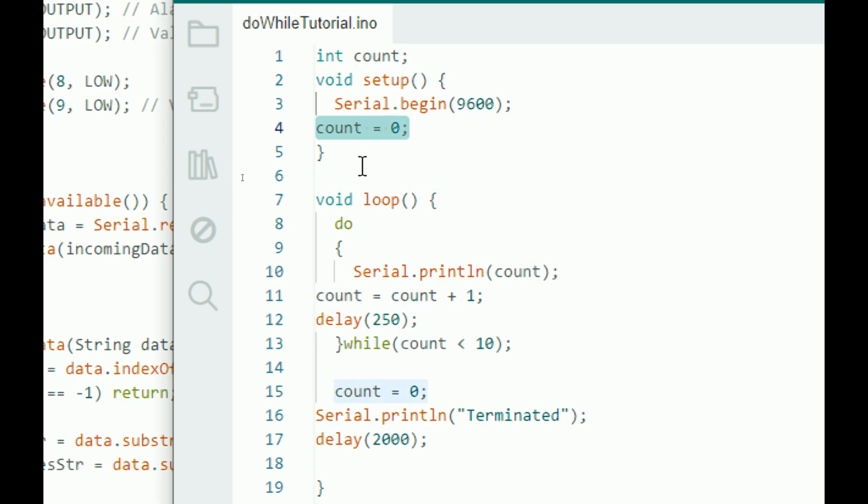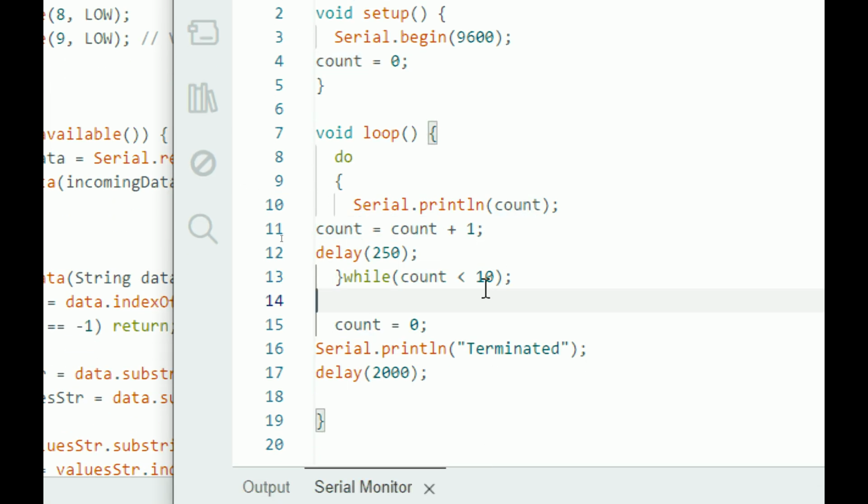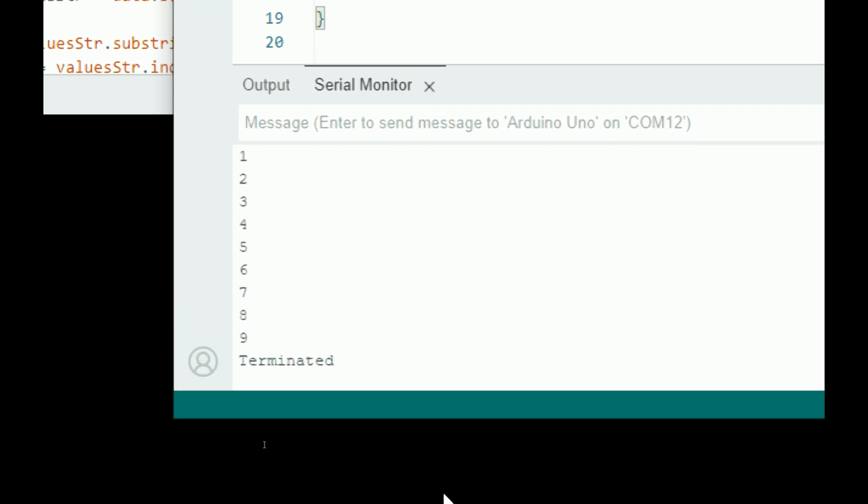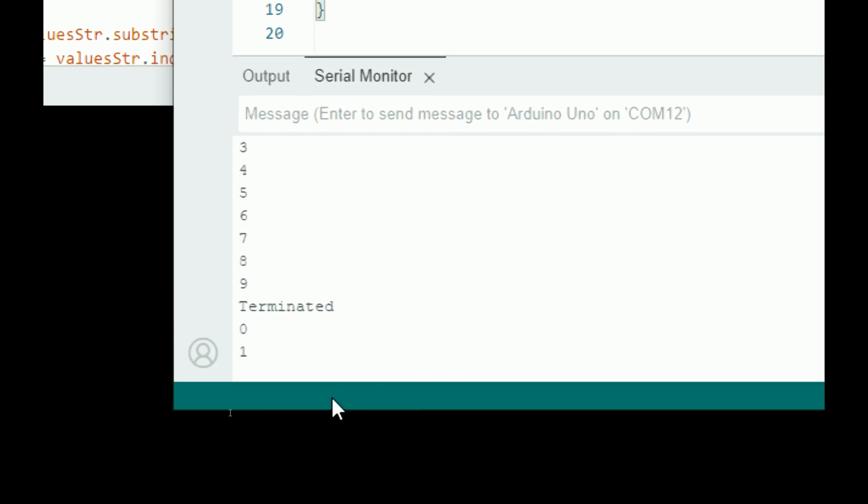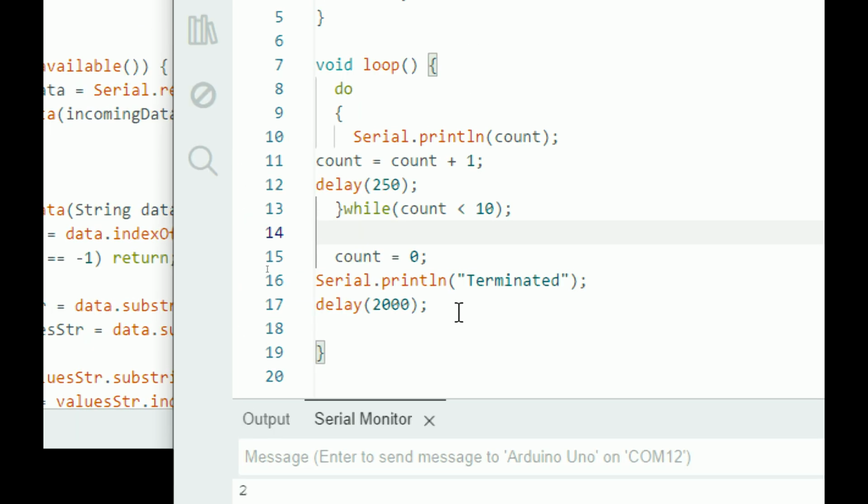Initially the value is 0, and then we increment the value of count by 1, and then we set a condition that if the count is less than 10, it will keep on repeating. As soon as it reaches 10, the loop will terminate. So that is what we get over here. So see 0, 1, 2, 3, 4, 5, 6, 7, 8, 9, and then it says terminated because we are